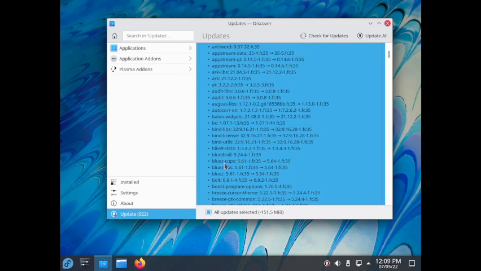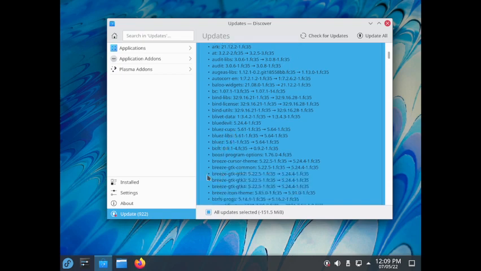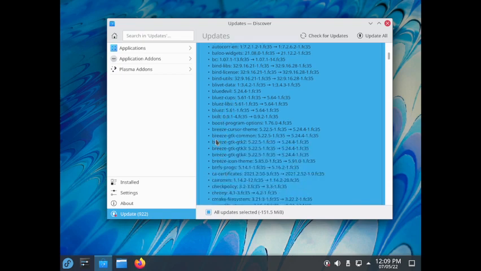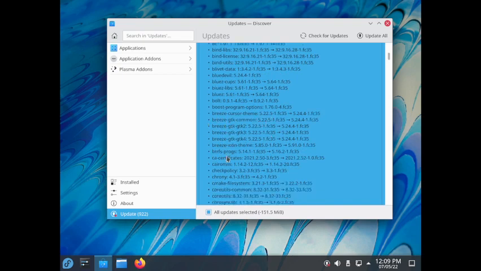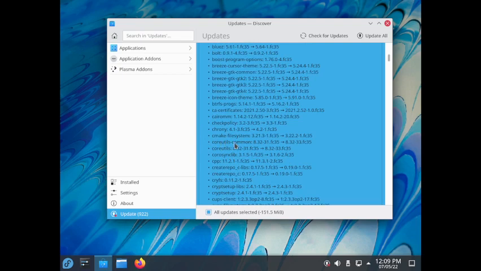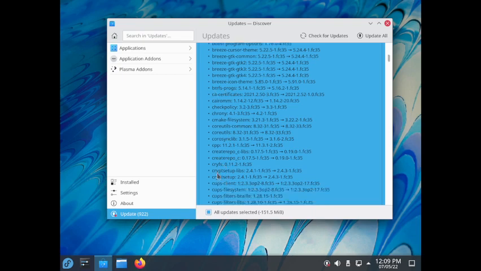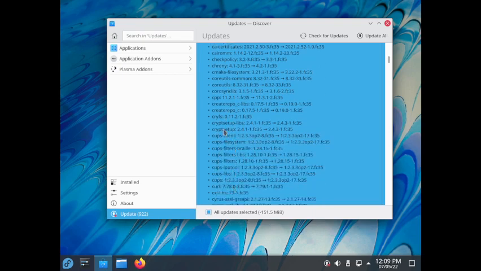So Blues Bluetooth manager, Blues printer manager. So all those Breeze, yes. So the system updates are also there for the GUI. That is the Breeze update, cursor theme, GTK common. So there are updates to Chrome, core utils, CA certificates, BTRFS, cryptography setups, printer, that is the printer manager,